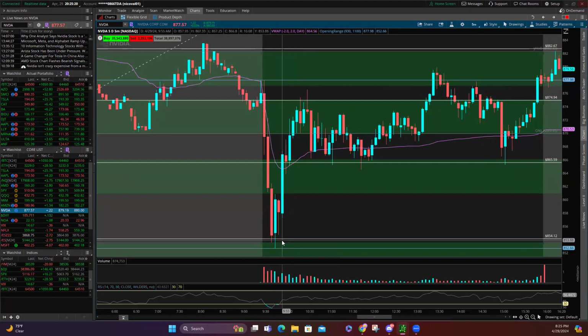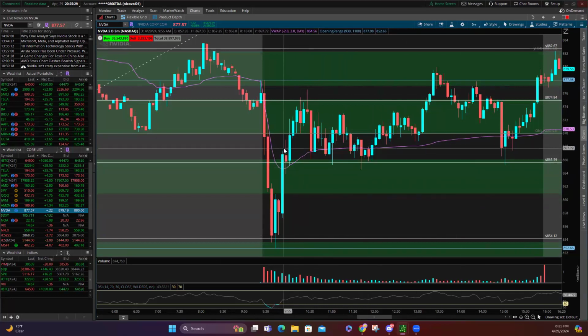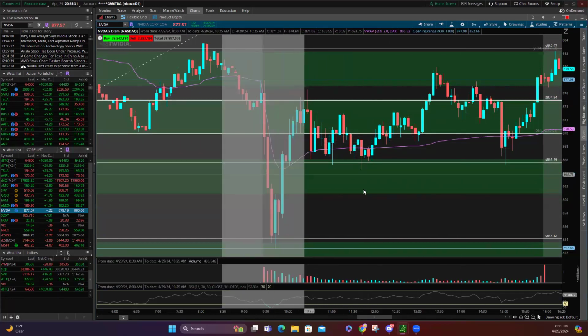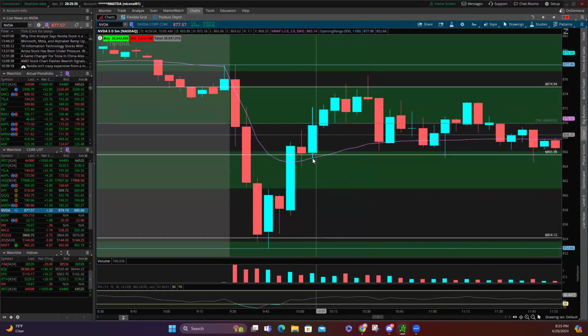This is my level, so I could have grabbed calls here and gotten out at my VWAP, because I know it's gonna be resistance. And then if you're using this as a reference, we break it, we hold. Look at this week, how it held VWAP perfectly. We touch VWAP and up, up, up. And where do we go back? Look how we resist. And this is the 5 minutes.